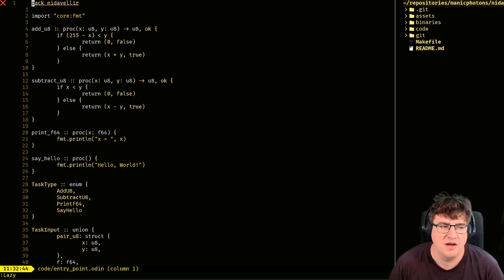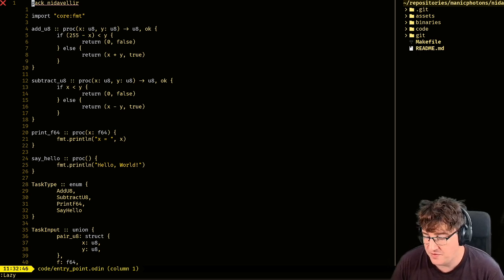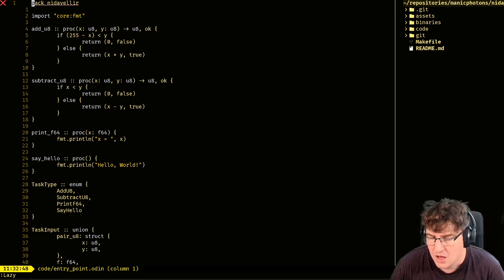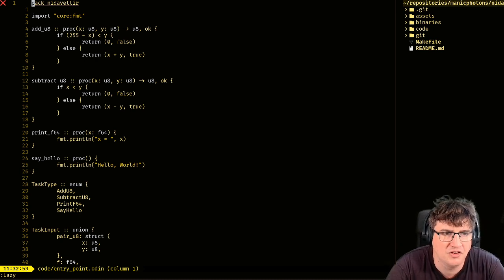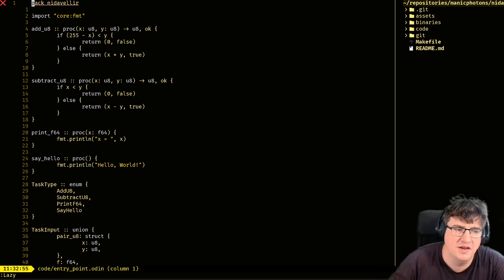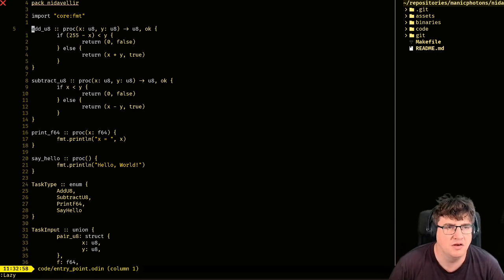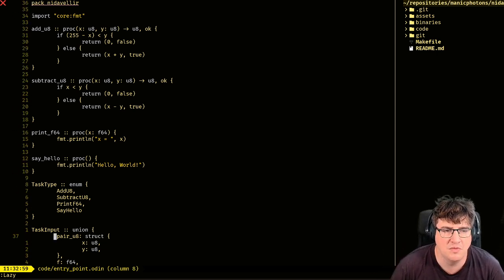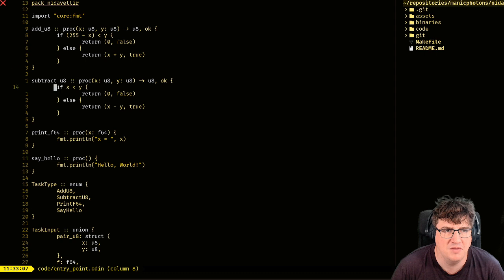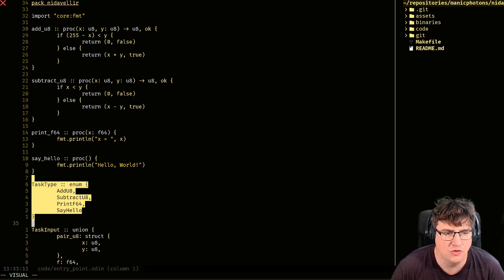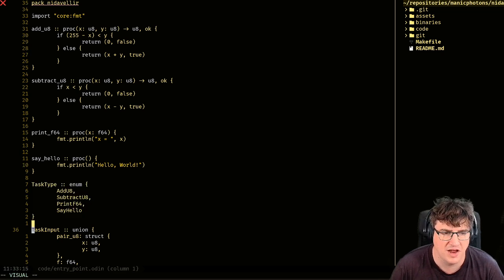I had a little bit of playing around with some options late last night when I was unable to stream. And as a rough idea, I'm probably going to be going for something like this for my job system, where I have a variety of different jobs that need to be run with different inputs, and then I would store references to each of those as an enum, as the task type.